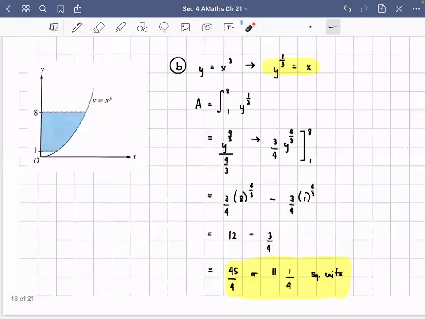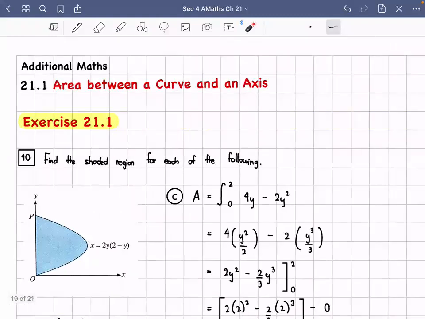Now, for letter C, okay. Now, we're given here P and O. Basically, this is 0, right? But how do we find point P, or the y coordinate of point P? It lies here. Again, if your points are on the y-axis, that means x is equal to 0, right? So therefore,